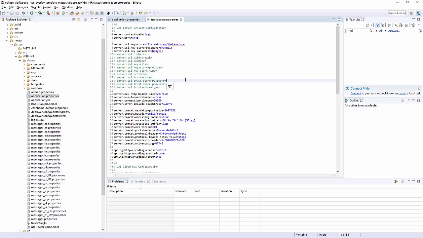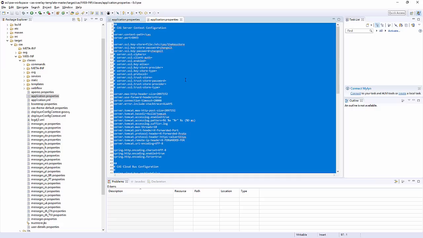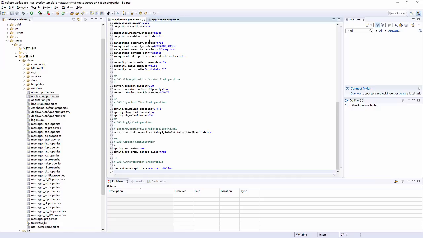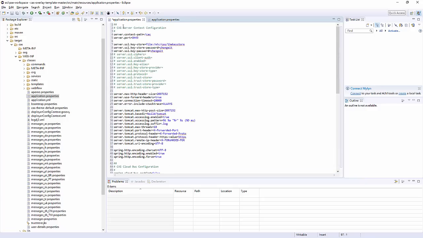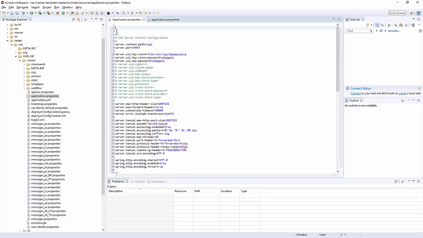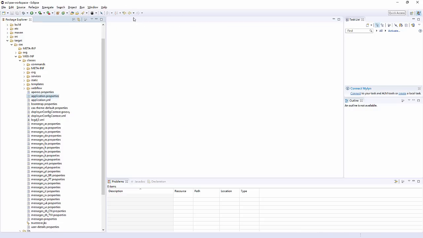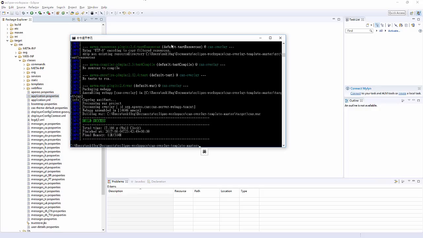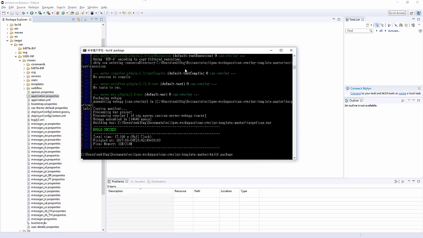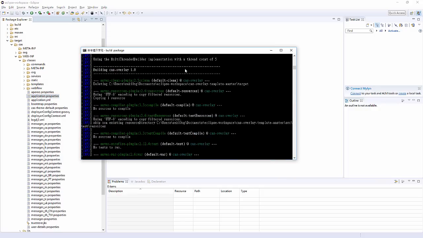We also have application properties, and it is loaded with lots of things. What I want to do is a proof of concept: I copy all of them and paste it all here. So it's essentially the same, but I just put some comments here, for example, Pikachu, chew. Just some random junk, and I close them all. Then I want to build that again, and you will see what happened to Pikachu.